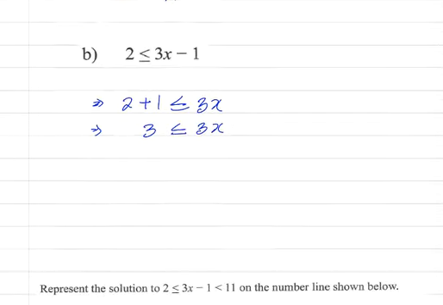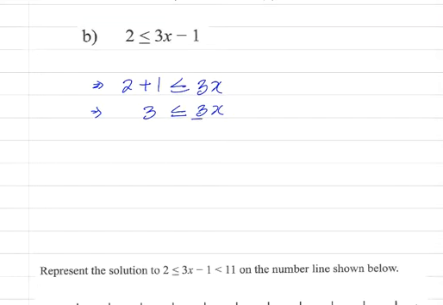I'm going to divide both sides by 3. Now I'm going to have 1 is less than or equal to x. So if 1 is less than x, it means therefore that x is greater than or equal to 1 is